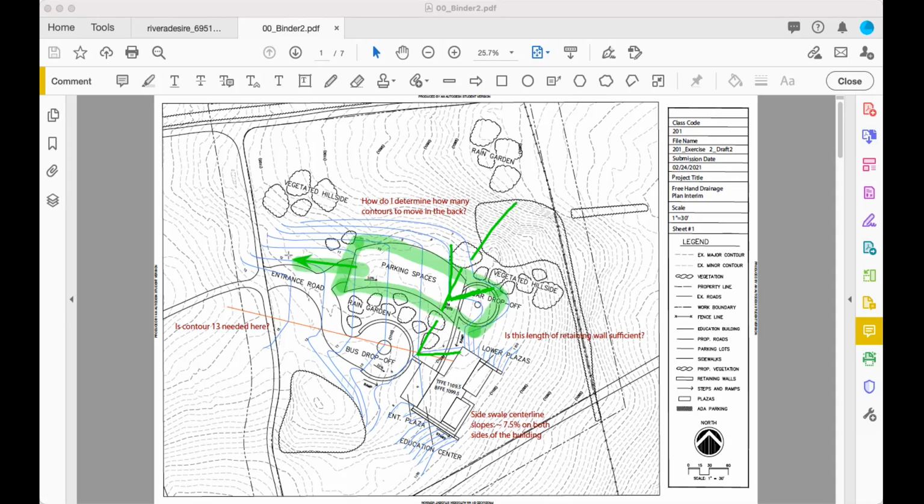I think it will be a better design that way. I can see why the intention was great, trying to create a big rain garden in the middle, but at the same time, it puts the car drop off in a pretty steep area,